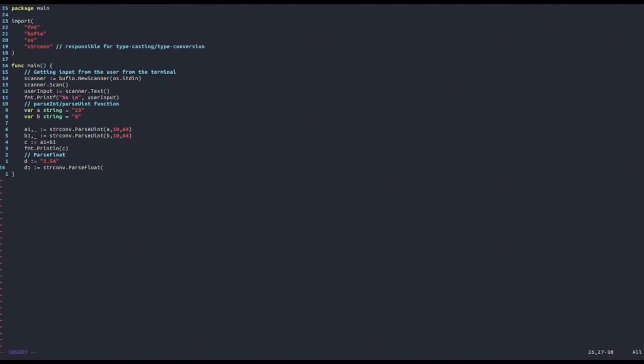strconv.ParseFloat, and then we're just going to pass the string that we want to parse, in this case D, and then the bit size. So we can choose either 64 or 32. This time let's choose 64. And now let's, for example,